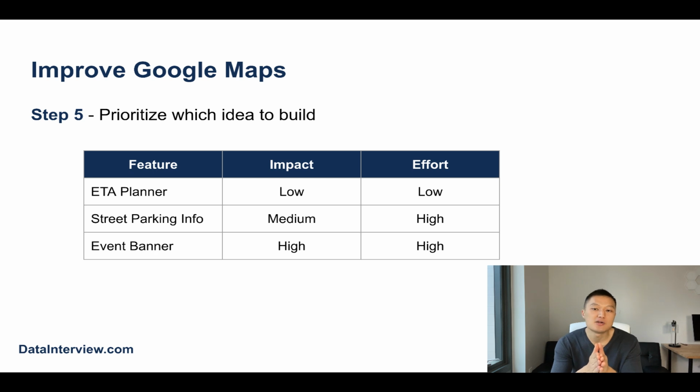And so these event banners can be incredibly helpful, but at the same time, it could be an additional revenue stream for Google Ads. So we're serving all three aspects of this, and given that, that's why I think the impact would be really high. But in terms of the level of effort that is required, I believe that ETA planning is low because